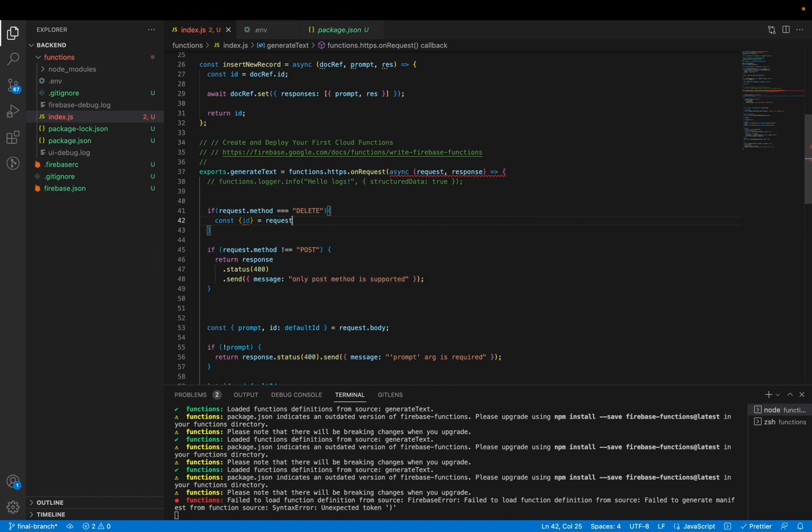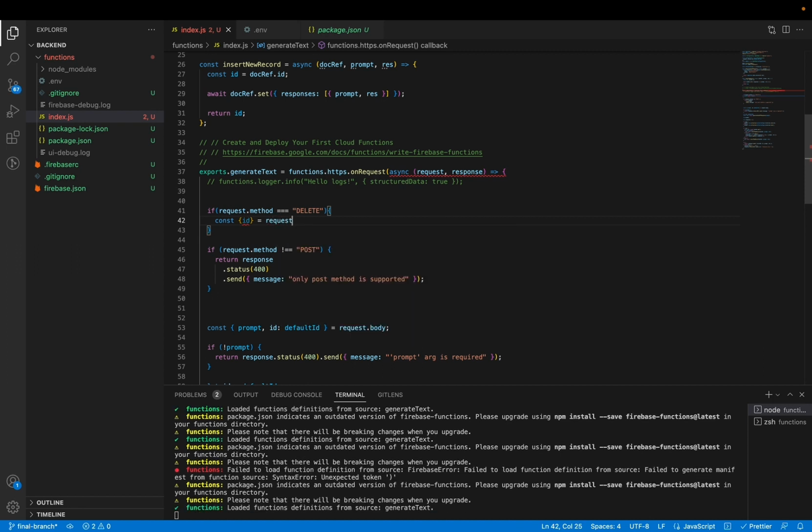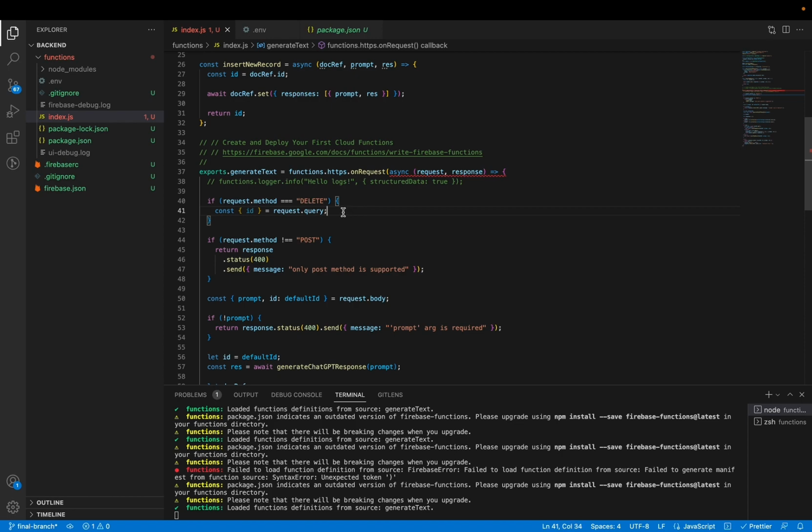Actually, we are also making a new feature, a delete feature, which helps us to delete all of our chat or delete our window. For this, pass request.query and then